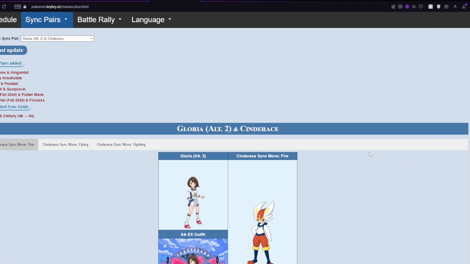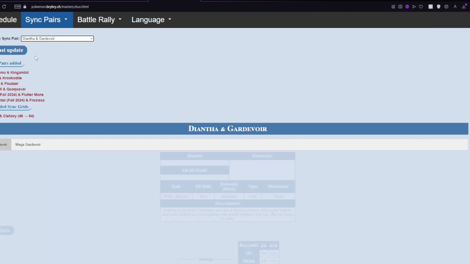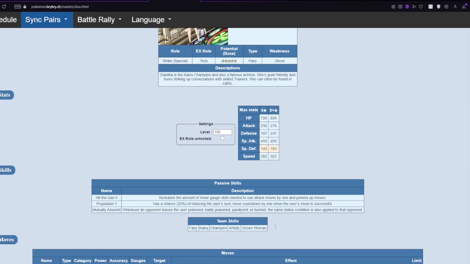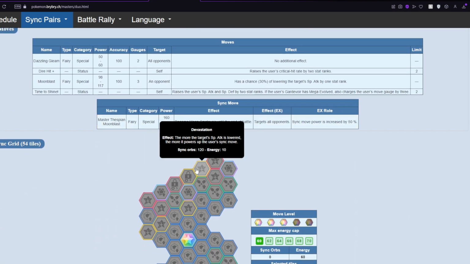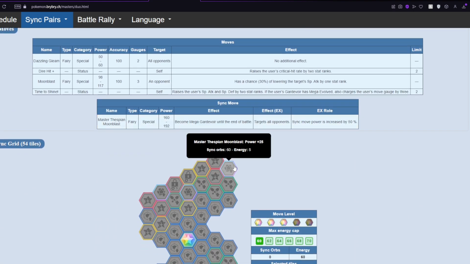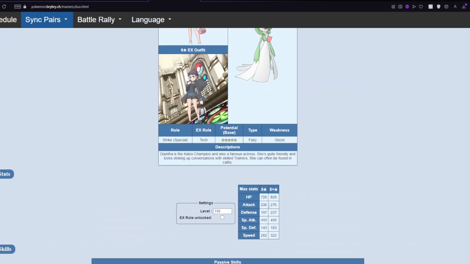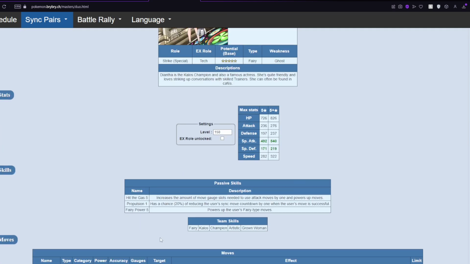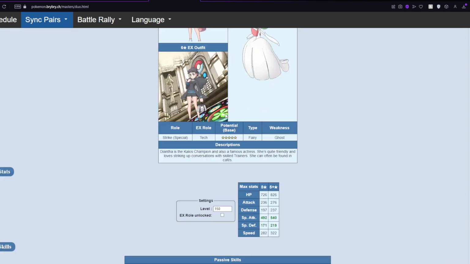And then, I guess the final character, Diantha and Gardevoir, got Tech. Helping out her nuke is nice, but her nuke's not that great. She doesn't have any multipliers before, I believe, besides Devastation and all of the sync nodes that she has. And she would have just preferred support, because she does, of course, want to sync nuke anyway in order to get Fairy Power 5. So if you would have just given her support, given her a little bit more bulk, and made her actually have a worthwhile sync to go for, then I think that would have worked a little bit better